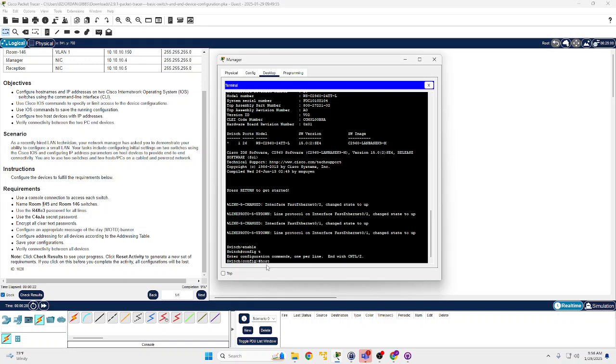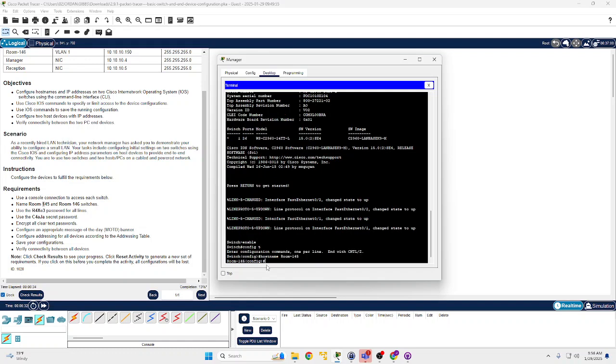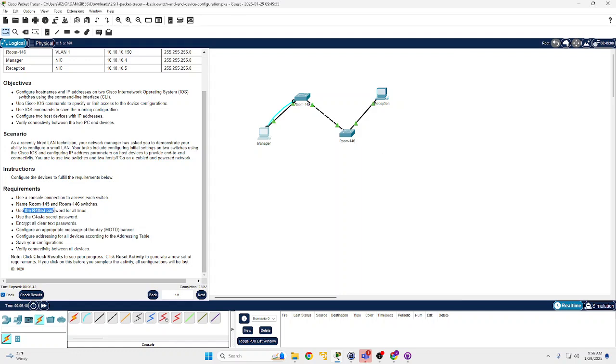So first off, the hostname command. It's just hostname, space, and then the name you want to use. So hostname room 145. And as we see here, it changes the name of the switch, and it says to use RX blah blah blah